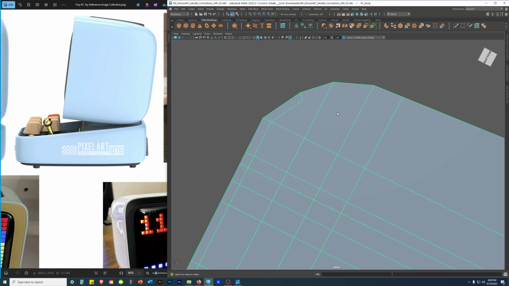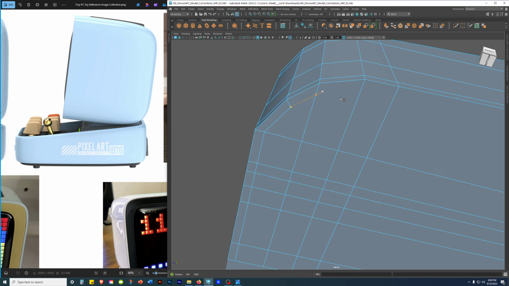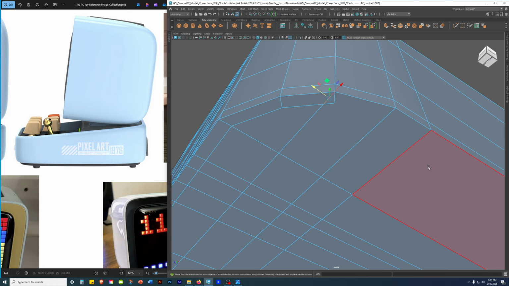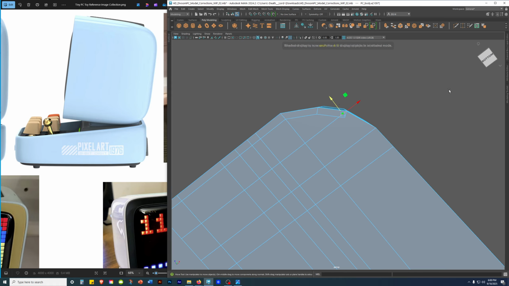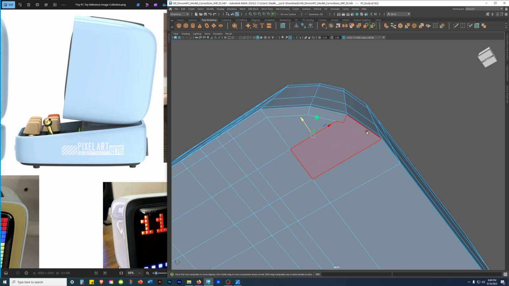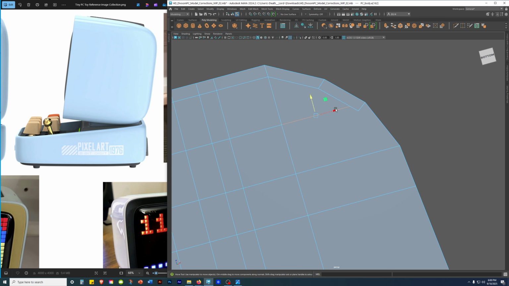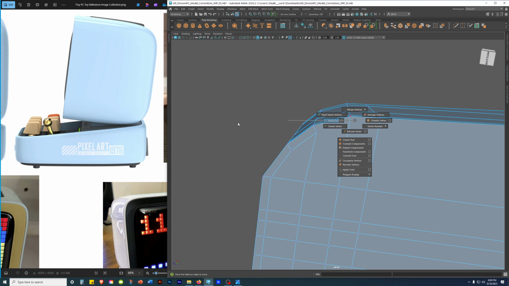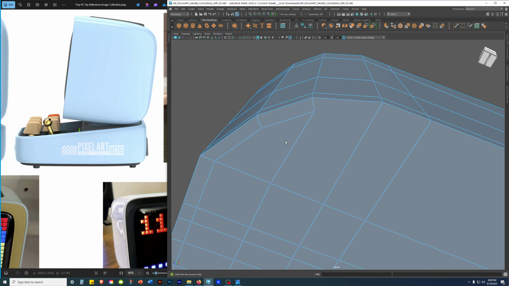So shift right click, multi-cut, click and snap, click over here like this, right over here, turn a bit, click and snap, press W, set that, press 4, press 5, shift right click, delete edge, grab that, vertex mode, grab that vertex, shift right click, merge vertices, target weld, snap there, 4-sided, shift right click, multi-cut, control shift S,